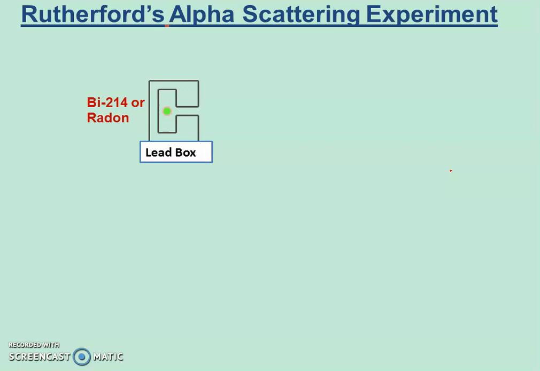These materials are radioactive and frequently emit alpha particles, beta particles and gamma rays, right? So this is the source of alpha particles. Then they took a thin gold foil. Actually they were studying the atom of gold, and gold has a property that you can decrease the thickness of the gold foil, right?